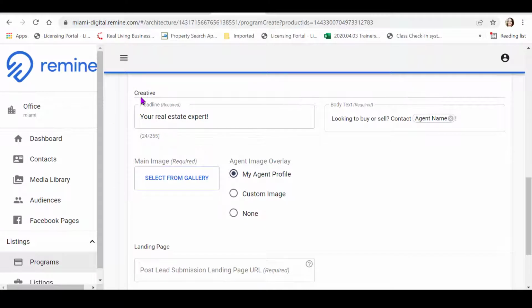From here, you're now creating the ad. So the headline has already been inputted for you. You're a real estate expert. You can update this and get as creative as you'd like. And then the body of the message is going to say, looking to buy or sell, contact Christy Denny's, the agent. Down below, you're also able to choose My Agent Profile as an image overlay, or you're able to select